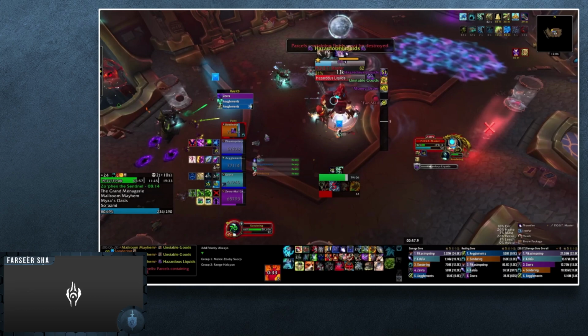You want to make sure you're finishing off all of these unstable goods before the next hazardous liquid comes out. Because once this happens, your group needs to focus on soaking. Now, again, general rule of thumb. This area now is what we want to keep clean that I'm outlining. Or if there is a pool spawning inside of an old pool, you don't need to worry